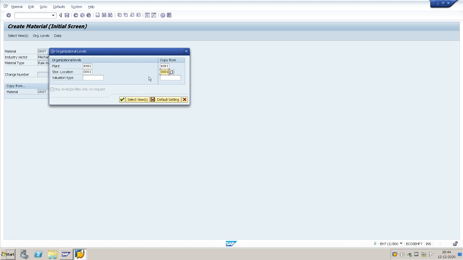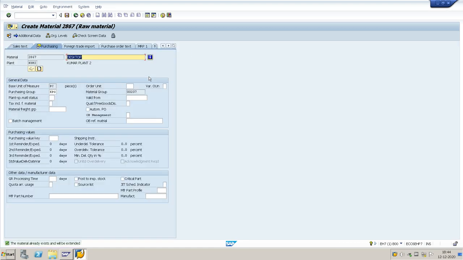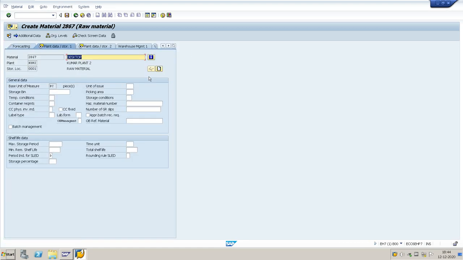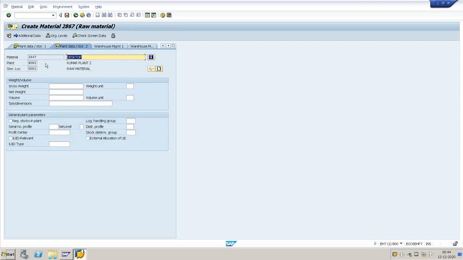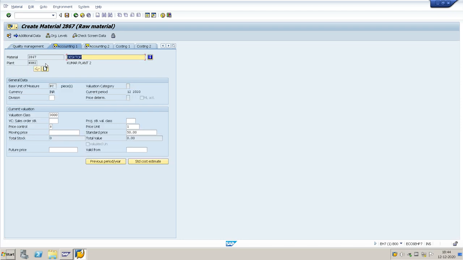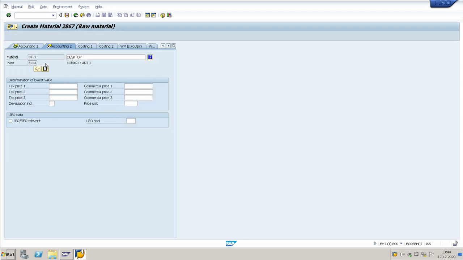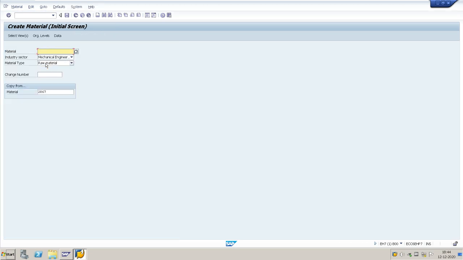Storage location is 0001. So it will be extended. So you can see here the plant is 2 KUP2. Everything is automatically taken from the plant 1 data. So now created as a material created for plant 2.